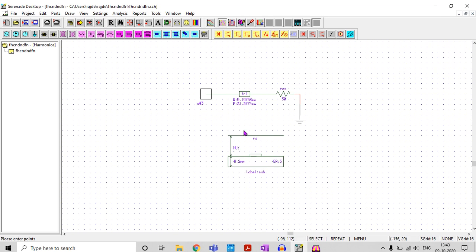So this is the circuit we have simulated previously. Let's delete this resistor and first simulate for a short circuit condition. Short circuit condition means our termination will be directly connected to the ground. So get our wire. Okay, perfect. So everything is done, and if you want to see our transmission line, then today